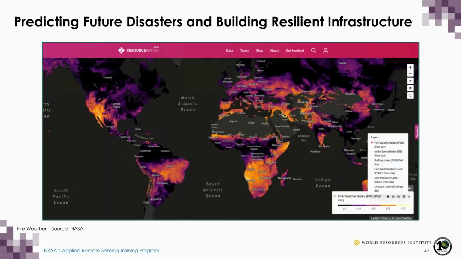And then the last data set I'll show you is our fire risk data set. This is one of our near real-time data sets, and it uses weather data like temperature, humidity, and wind speed to see which areas are at the highest risk for having the start and spread of a vegetation fire. So this is updated every day, and it gives you a really great idea of what the current risk is in different areas.